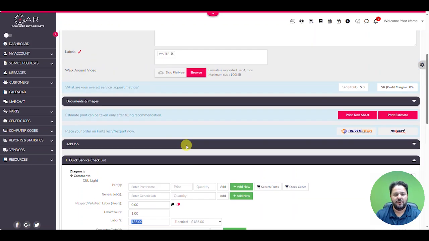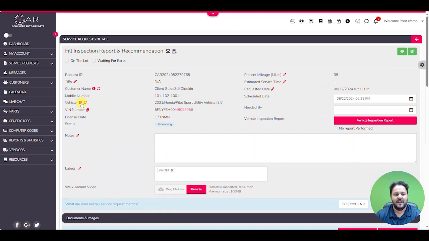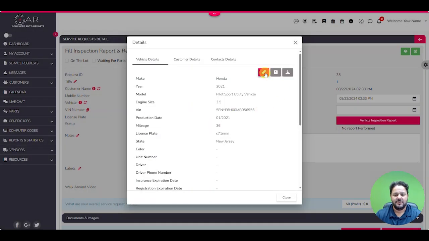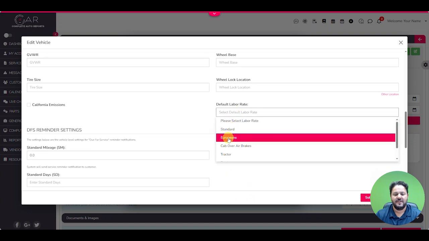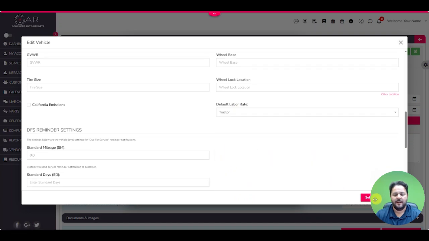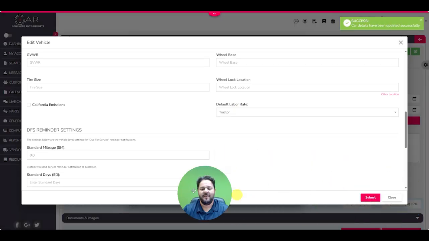The second place where you can find labor rates is vehicle profiles. So you can set the labor rate to a very specific vehicle and always have it show up every time you work on that vehicle for that